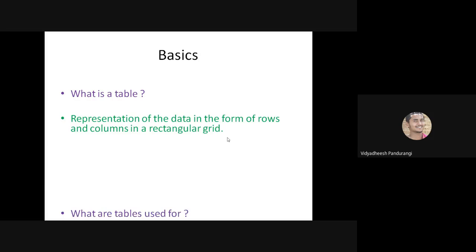Now let's question ourselves: what are tables used for? Why do we use tables, by the way? For making data structures. What kind of data structure? Can you tell me?